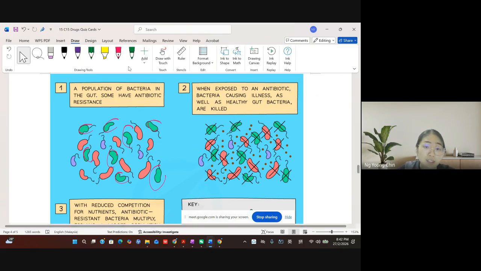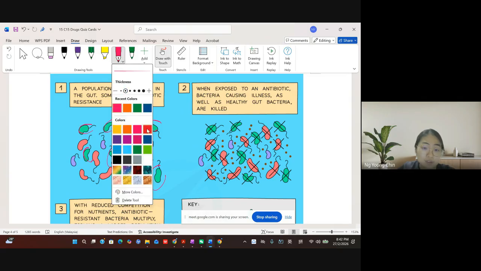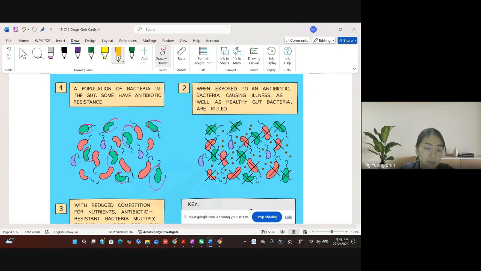For example, I think I put this bacteria in yellow color here. Just imagine this yellow color refers to the gene. They have a resistant gene against the antibiotic. And then when you are exposed to the antibiotic, the antibiotic will kill